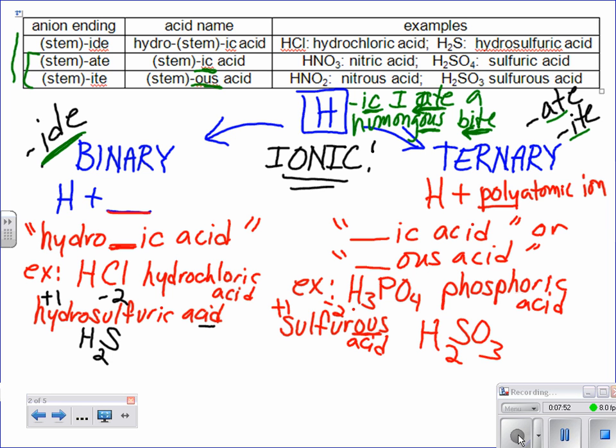Okay? Now the only other thing that I want to add to this is we said that yes, these guys end in "ide," these guys end in "ate" or "ite," but if you looked on your polyatomic ion sheet, can you find other things besides things that end in "ate" or "ite"? And the answer is yes, right? Don't worry about the one like hydroxide. We know that's just water. There's a couple things we don't have to worry about. What's one that really catches your eye that would be different maybe? Anything out there? Okay, azide,